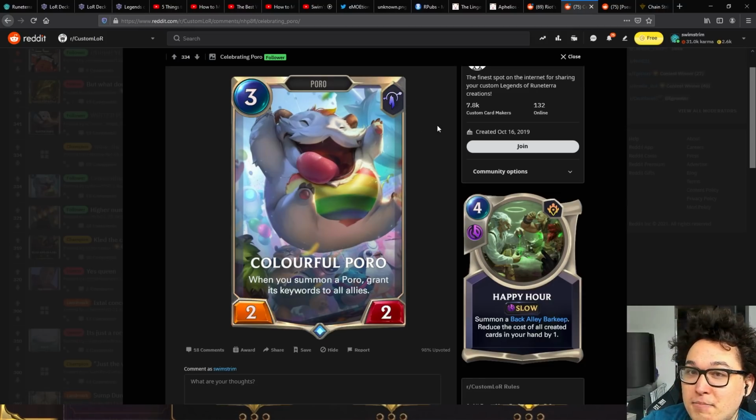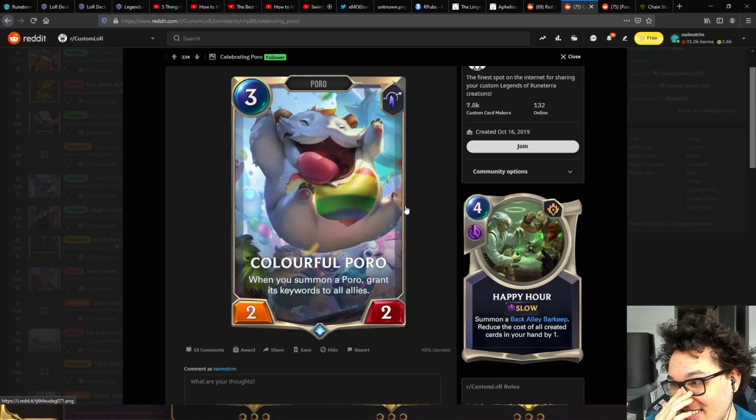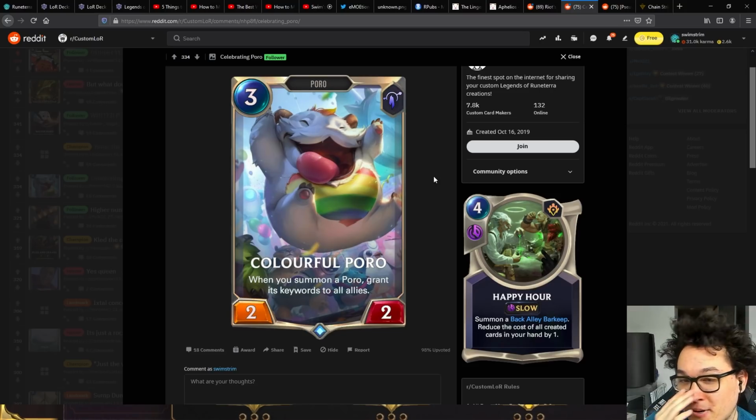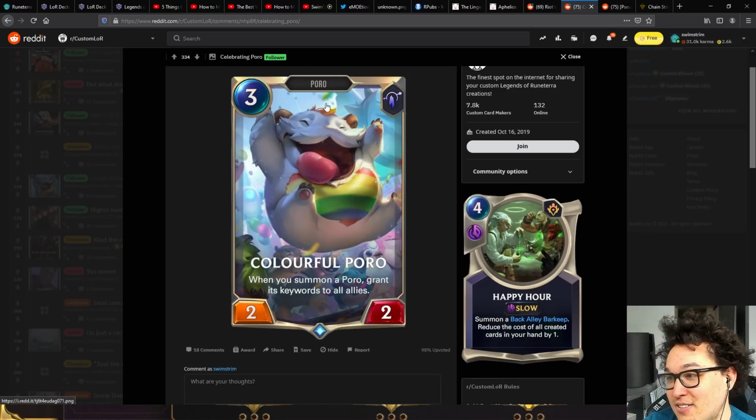The thing about PNZ plus Targon, trying to make an elusive strategy out of this, is that it's pretty unnecessary because these regions don't really have good units to actually pick up the elusive keyword. You're not really getting much else, right? And a 3 mana 2/2, I think, sets you a lot further behind than it seems. A 3-mana 2/2 is basically a literally useless stat line. A lot of what you're paying for is the Poro tag, which you're not using outside of Freljord Vi. Yeah, you can get an elusive Vi, but at that point, you'd literally be better off